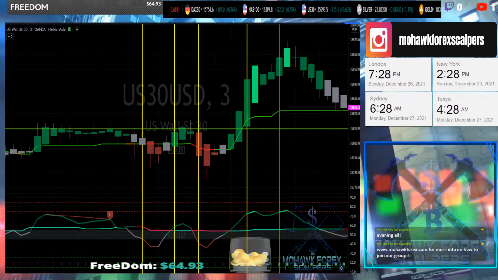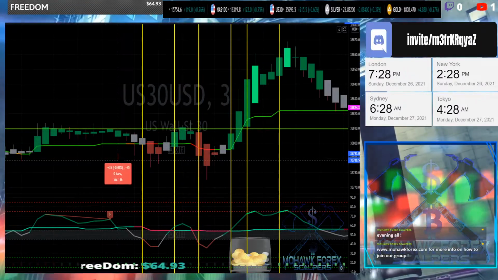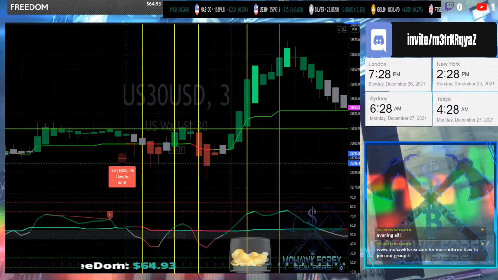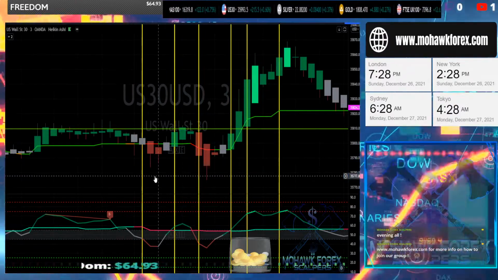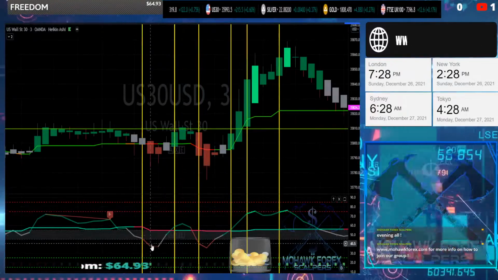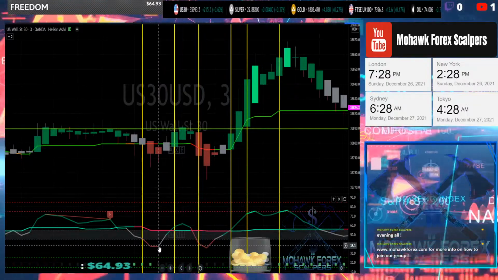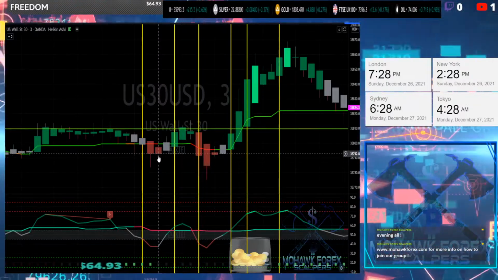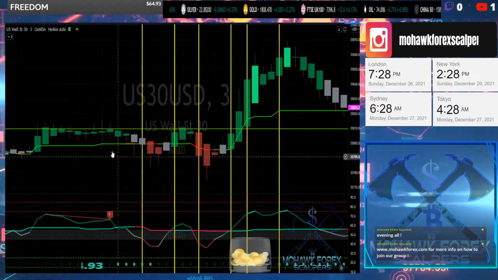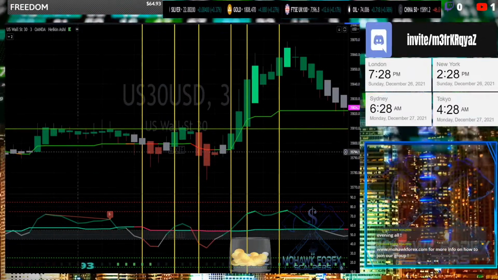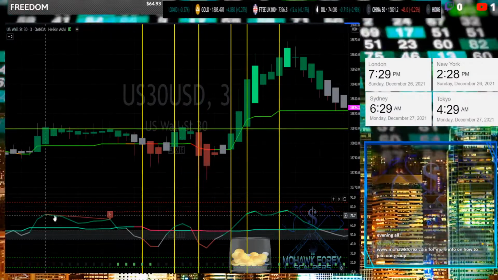Now if you did and you entered late, what would that candle look like? You measure it down to the wick of the next one, you'd have been okay for 50 pips, 5 pips look, 60 points, but you wouldn't really be getting what you need to get out of it. And obviously for a lot of people, you would get out of the trade as soon as you see it go grey, so you might break even on that one. So it won't be a losing trade, but you've missed the opportunity, because if you watch price action and you've been watching the US-30 pre-London Open and you see its divergence,